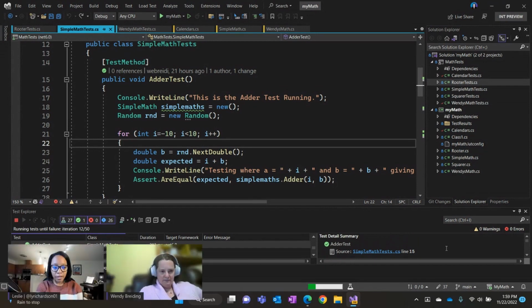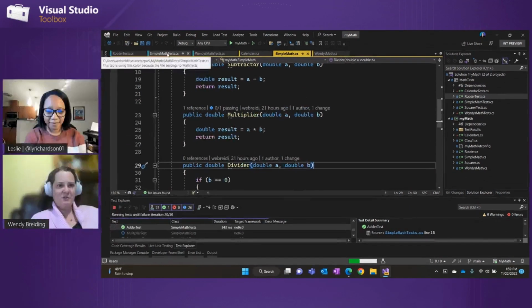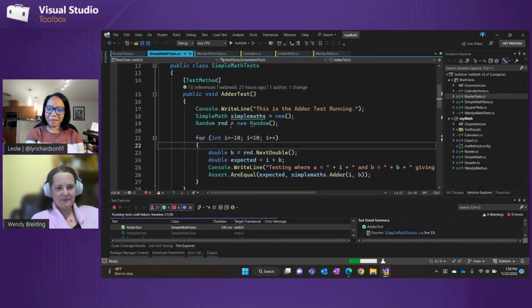Cool. So this is all asynchronous, right? So you can work on other things while these tests are running. So I can come over here and start working on some more code while it's running in the background. I can see right there the status that keeps going, and the status bar down here showing me how long it's taken. And yeah, I can do as much as I want. Cool. So you can be productive, or you can go take a coffee break and use audio cues to let you know when it's time for you to get back to your desk.